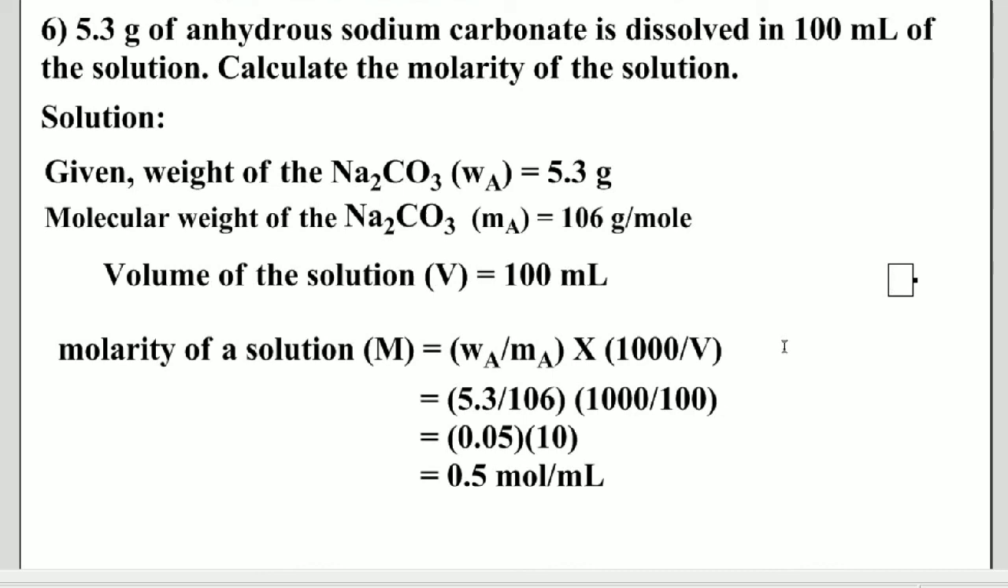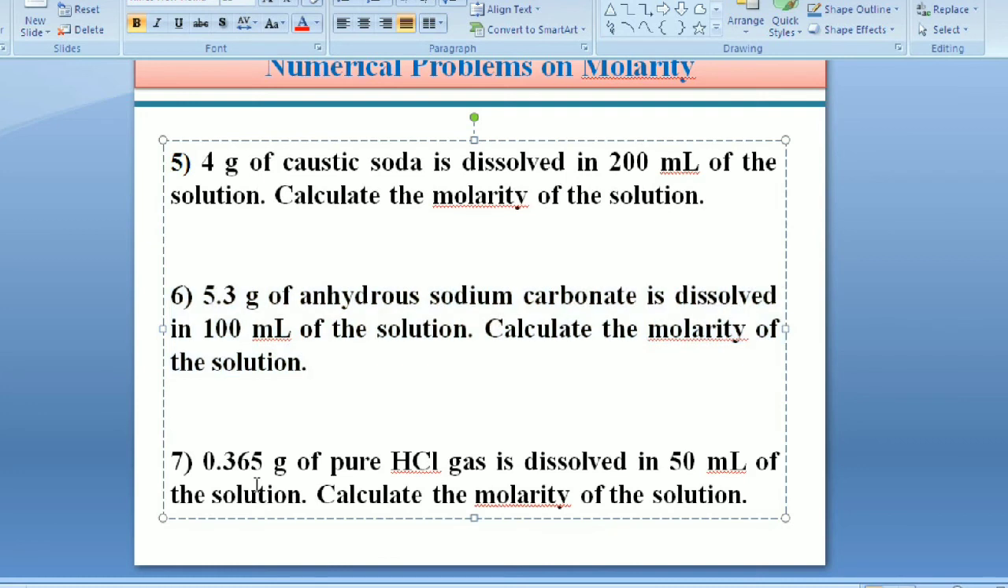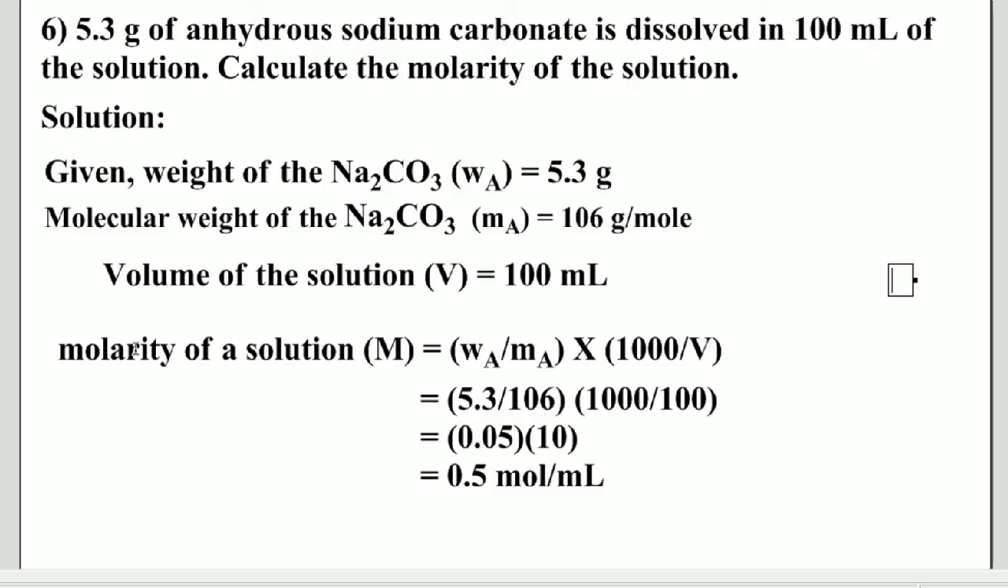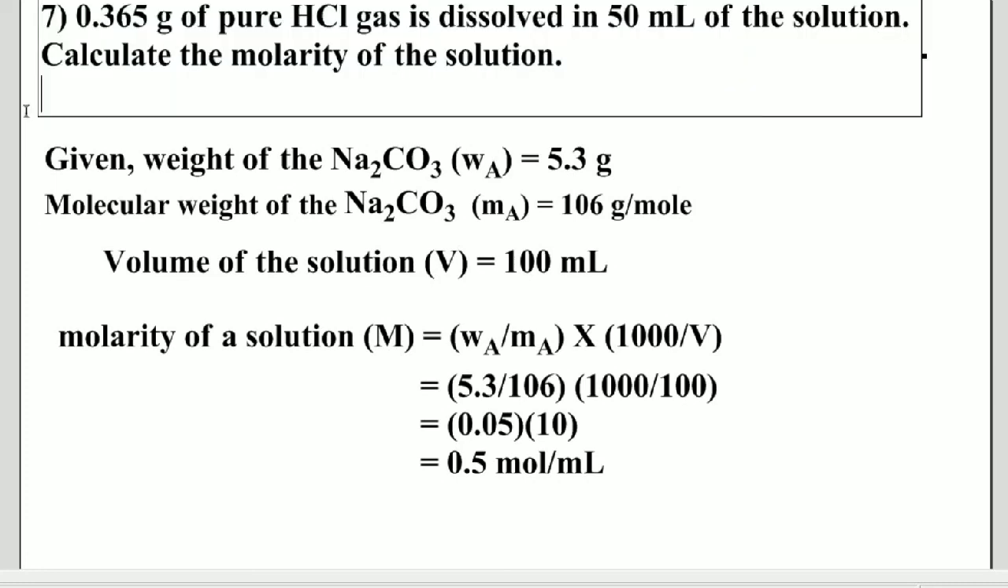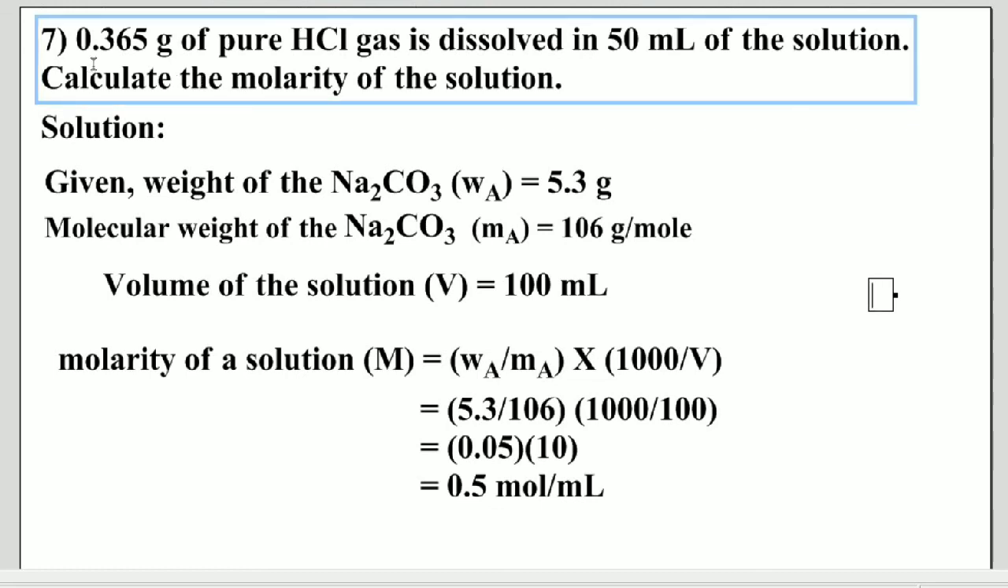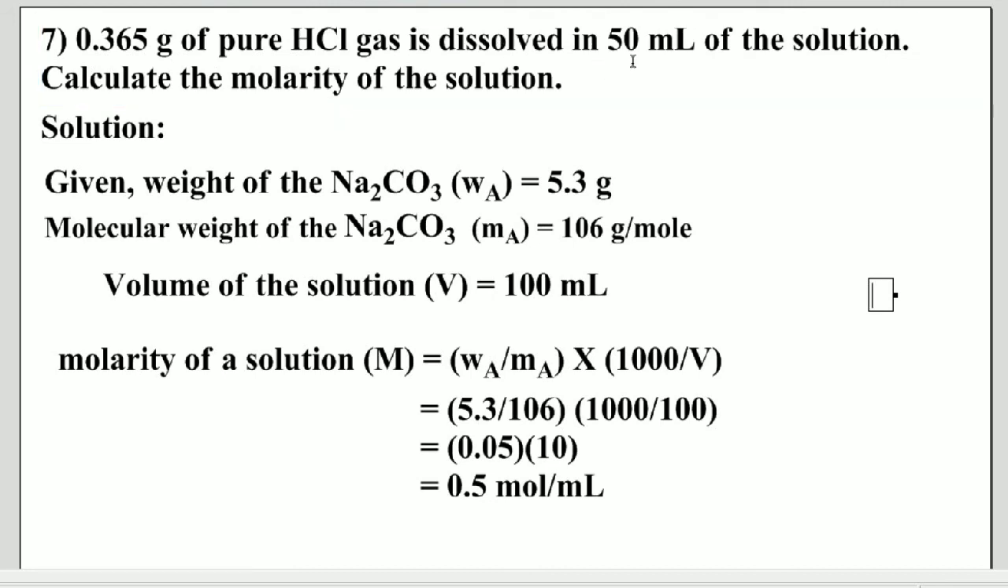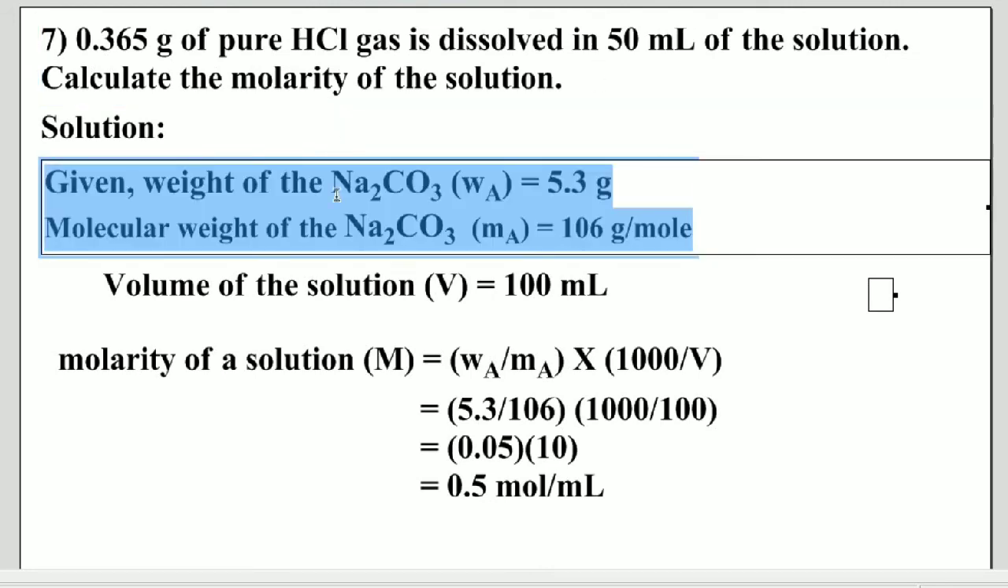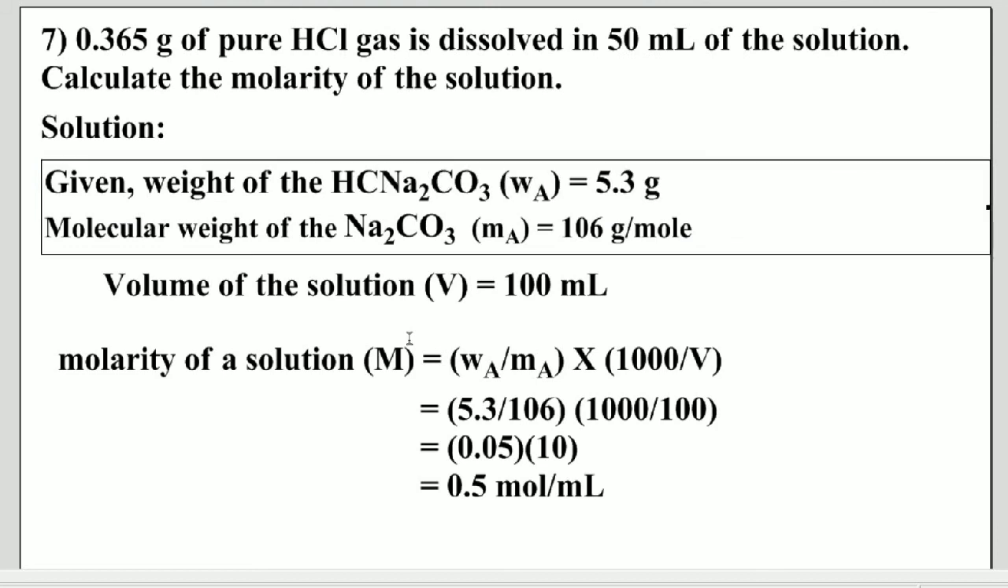Okay students, I hope you understood these problems on the molarity concept. Next problem: 0.365 grams of pure HCl gas is dissolved in 50 ml of solution. Calculate the molarity of the solution. This is also one more easy example to find the molarity of a solution. The given problem is that 0.365 grams of pure HCl gas is dissolved in 50 ml of the solution. Therefore the solute in this problem is HCl,